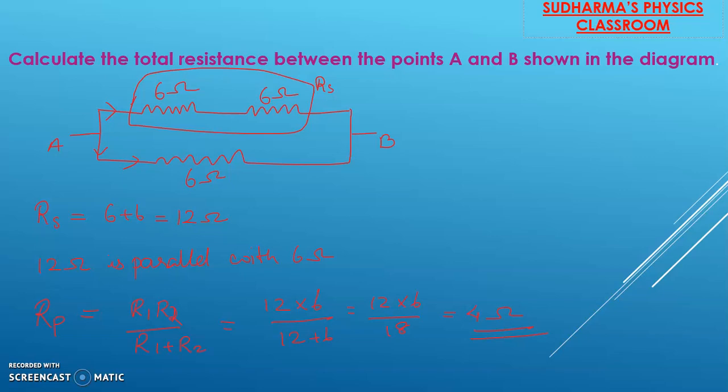Because they are an end-to-end connection, and another way to identify it as series is that once a current is entering that combination of resistors, there is no branching out on the top. But if a current is coming here, it is actually splitting into two. So as a whole, overall the combination is parallel.